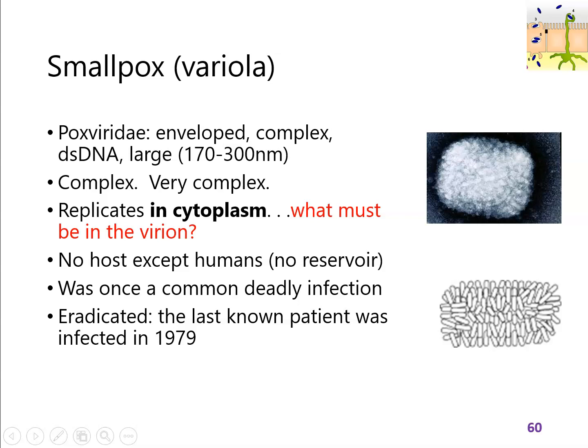It was the first disease against which we could vaccinate people. Vaccinia was cowpox, and it turned out the cowpox wouldn't infect people, but if you injected cowpox into people, they would get protection against smallpox. And so vaccinia was our first vaccine. Anyway,